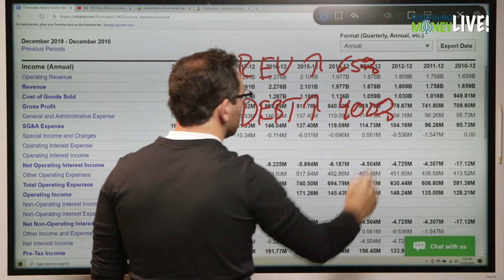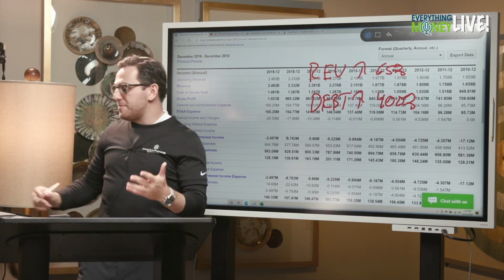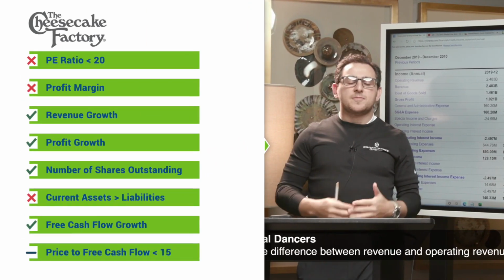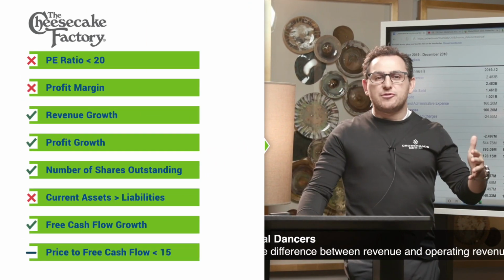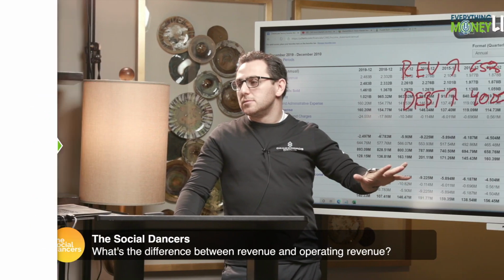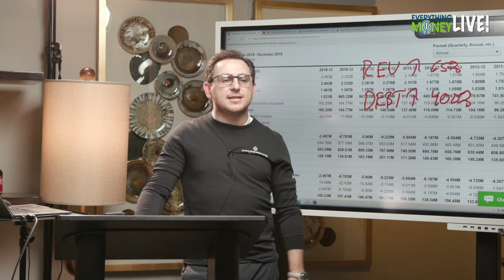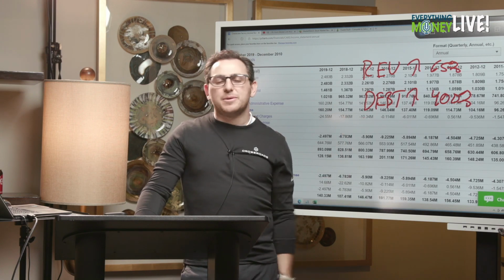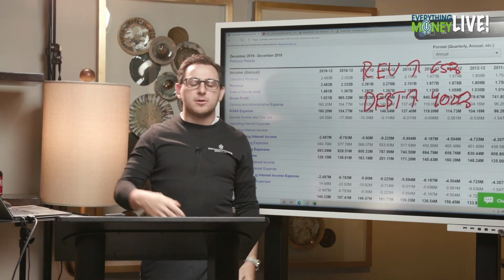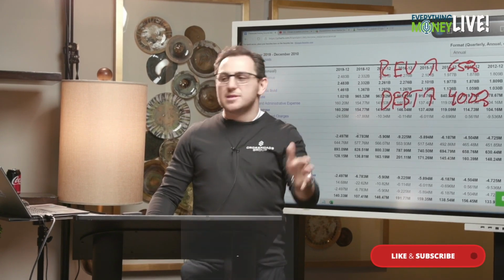Paul, what's the difference between revenue and operating revenue? Social distances, our gal from Toronto is asking. Operating revenue is basically the same thing. Sometimes there'll be another revenue stream coming in, not from the operating business, and that would be a separate revenue item. I'm trying to think of an example, but I don't know one. The bottom line is, I always look at the top line. I should be looking at the total revenue number because I really don't care as long as they're bringing revenue in. But operating revenue is operating that business specifically.